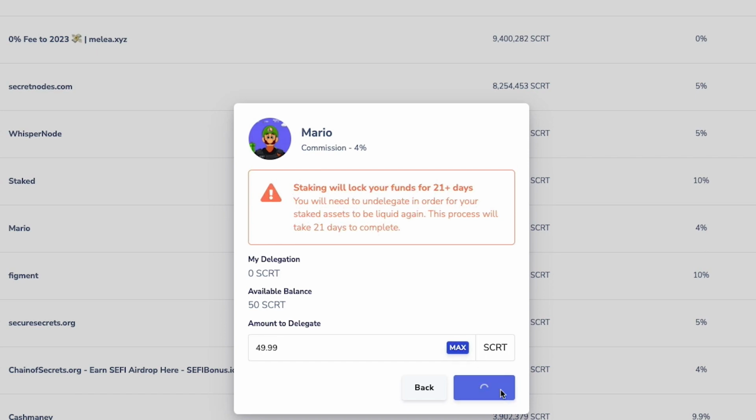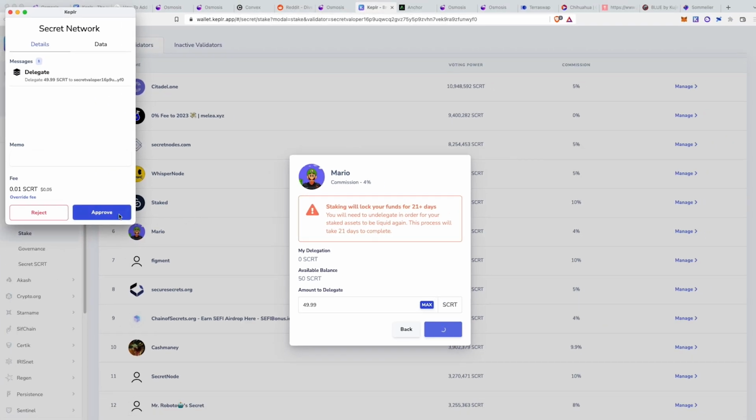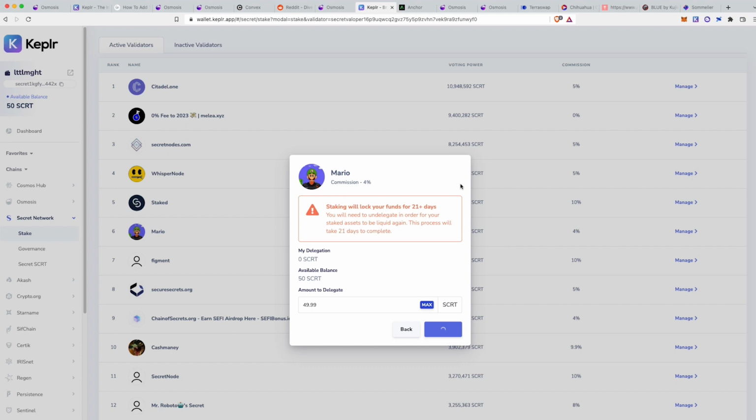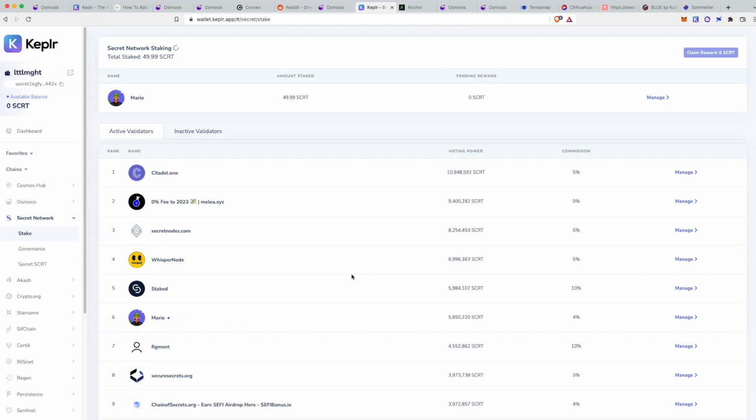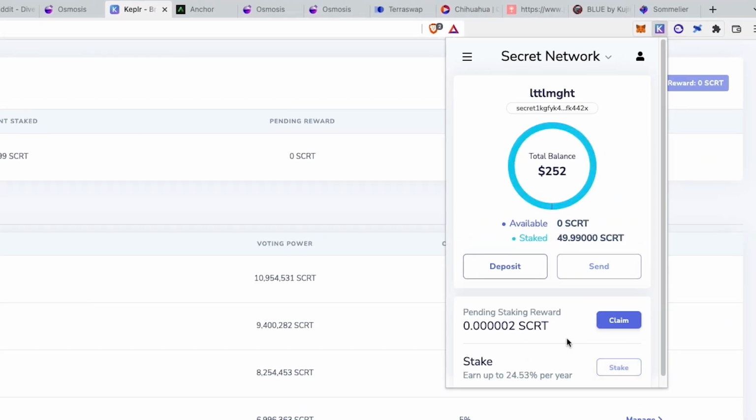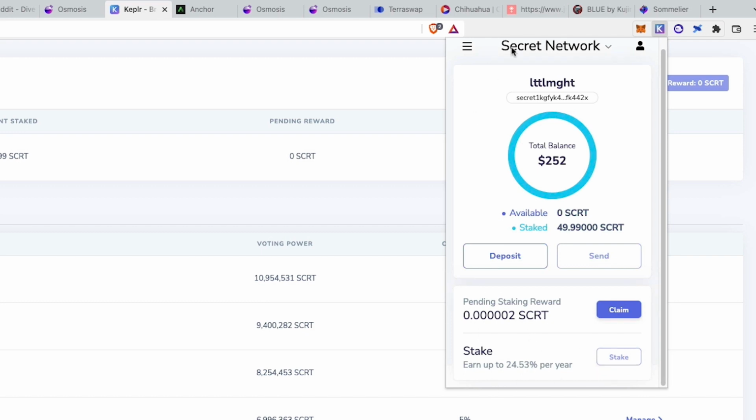So I click on max, delegate, approve, and you can see here that it takes a little bit of my secret, like 5 cents worth, in order to use for gas. So that's a good thing about Cosmos, is that it actually will allow you to do that automatically, so it won't spend all of your tokens that you are now not able to use for gas. And that's it. So now I should be earning around 25% on this token.